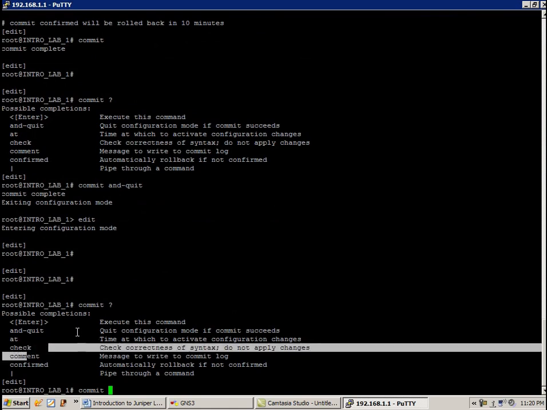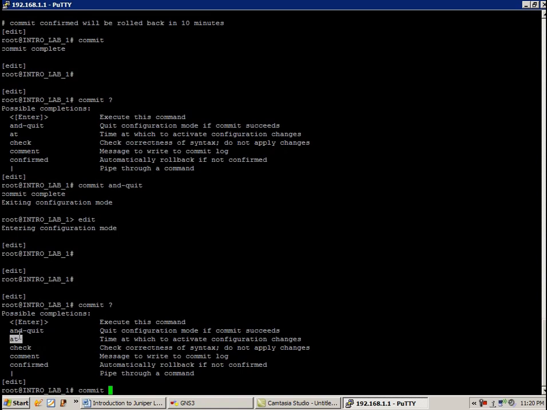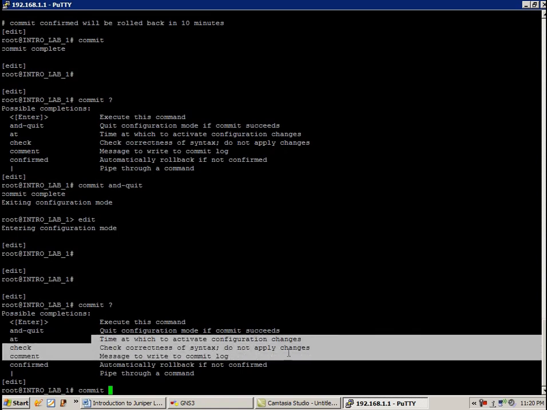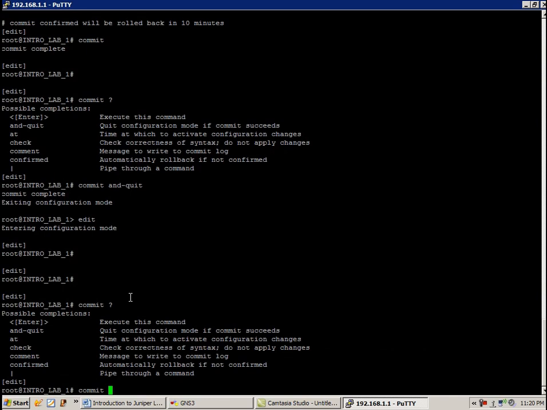So we've gone over most of these. We can also do a commit at a certain time. Again, that's just using the commit at, and that's the time at which to activate configuration changes. Say we want to proactively set up a configuration for a customer, or just something we're working on in the lab, we can do a commit at, and say at 5 o'clock at night we want to make sure that this goes through and not any time sooner than that. So we just do a commit at 5 p.m. or whatever time we want, and it'll happen at that time. Whatever the clock's time is, that's what it's going to sync to. So again, a very cool